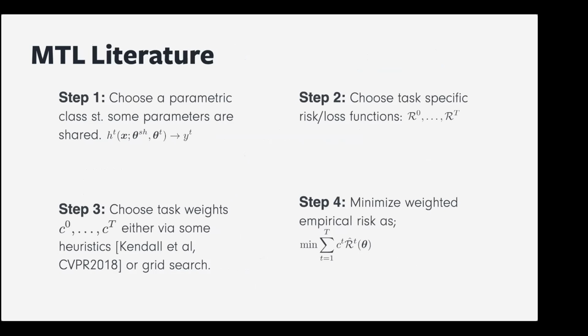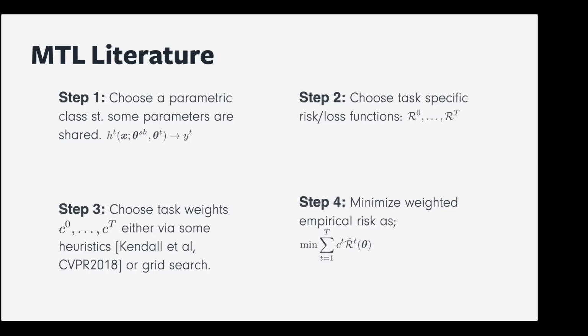What you do is you find a parametric class, some neural network, but this time, since you have multiple tasks, your model has some specific structure such that you have shared parameters and task-specific parameters. So I have this HT, which takes an input X. Here, I want to talk a little bit in a supervised learning way because I think it makes it clear that the label spaces are separate. It starts with input X and generates different YTs. For example, given an input image, it finds a segmentation map, a depth map, or an instance segmentation map.